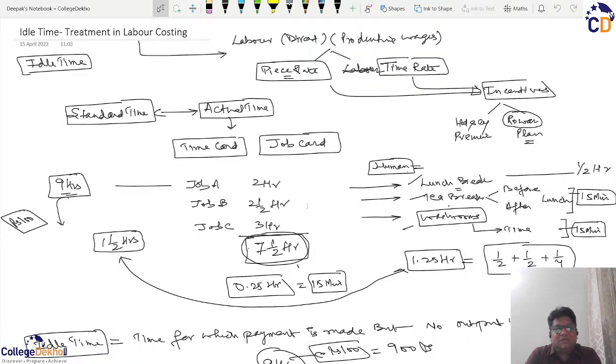But the other factors, which primarily are human factors, which are always foreseen, which are always inherent to create the output, will be deemed as normal idle time, and we will presume that the wages paid for such time are an inherent part of the direct labor cost, and hence such normal idle time cost will increase the effective labor cost and effective labor hour cost, and that is why more and more companies will pursue different modes and ways to reduce this idle time wastage, or I should say idle time cost, and thereby have less impact on their profitability.